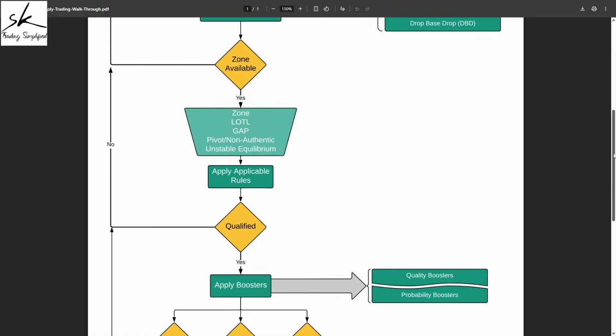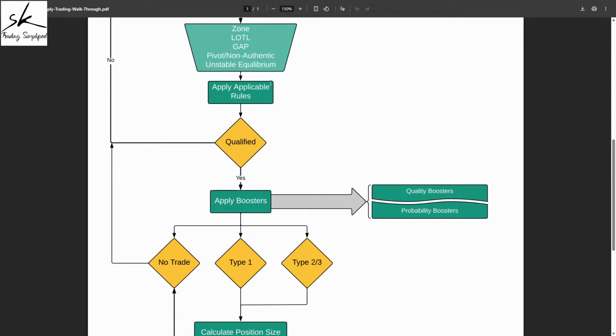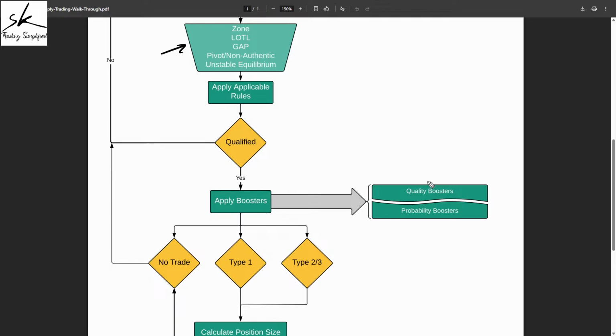Now, once we have identified a zone, it does not mean we'll blindly trade it. And that's the biggest mistake demand supply traders make initially. They find any demand area, randomly they try to buy. They find any supply area, randomly they try to sell, which is incorrect. Once you have identified a demand or a supply zone, the next step is to qualify it, which is a 2-step process. In step 1, we'll qualify it based on certain conditions, and in step 2, we'll qualify based on